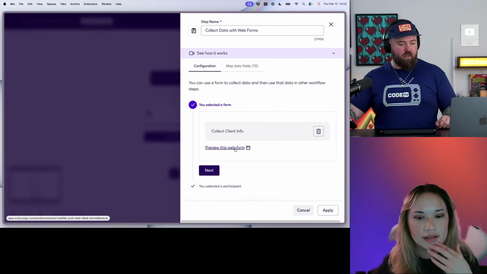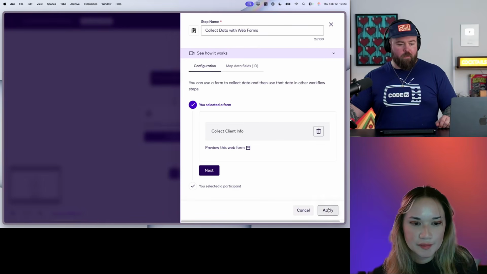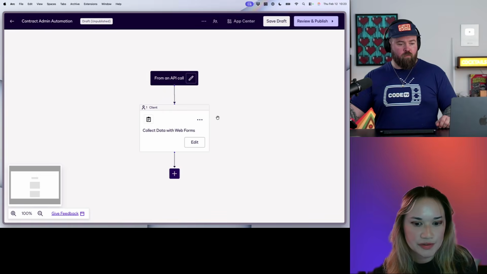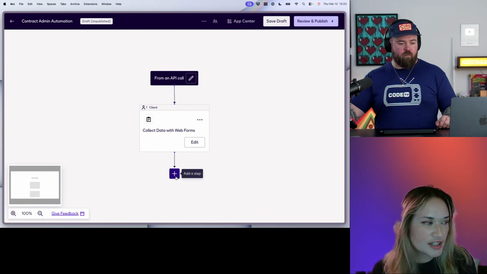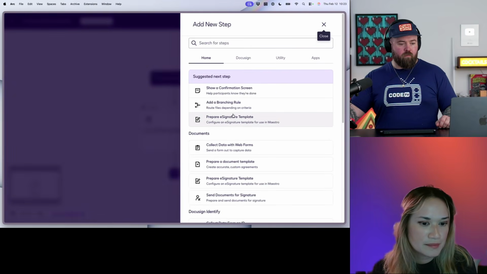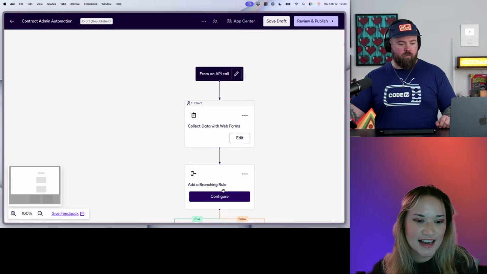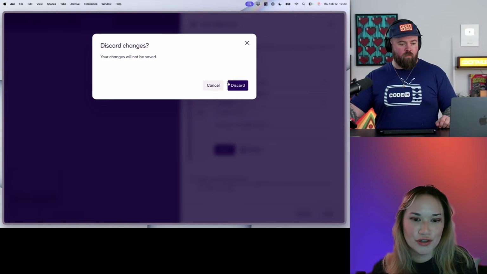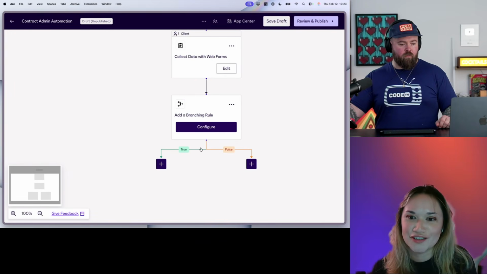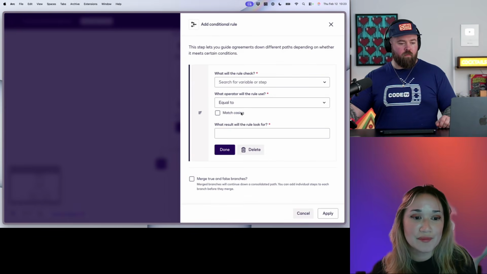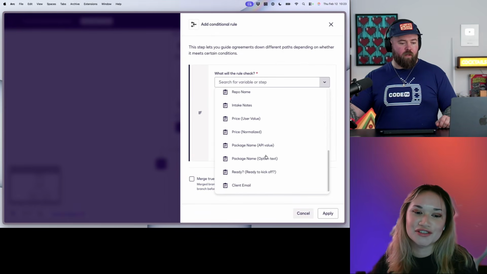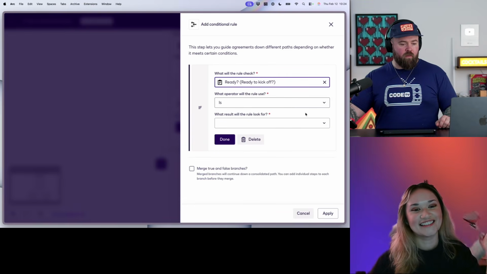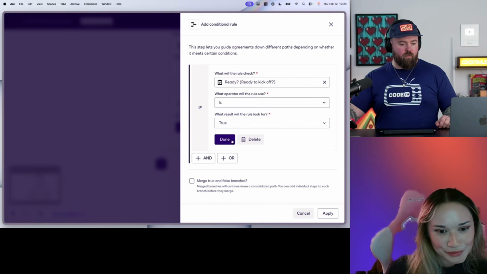You know what? Why don't you just hit apply here? Because the map data fields, I believe, is optional for this step. Nice. Okay. And then we can just add the branching step real quick and go back to it. So let's do branching rule real quick. And so you can see this is our true false, right? What happens if the client's not ready? Also, you can change the names of these steps too. So that's what you should see here. Yes, exactly. And if that is true, done.